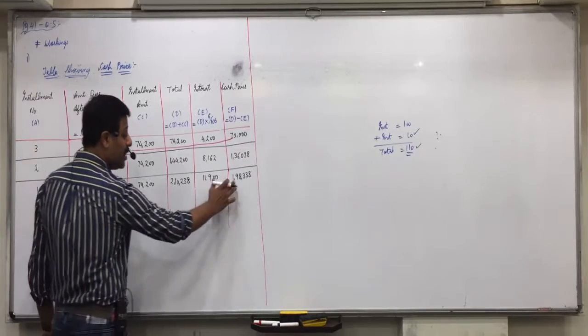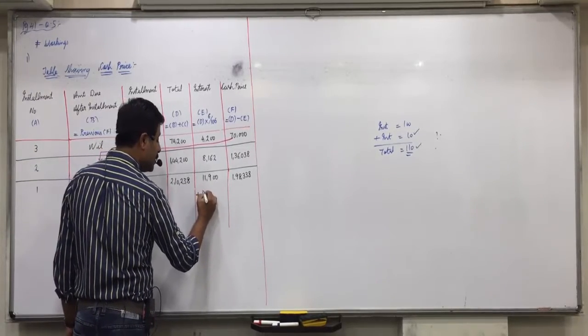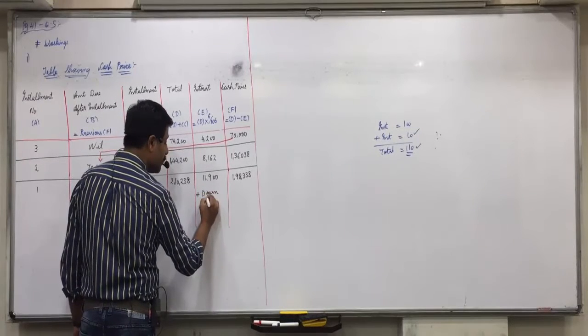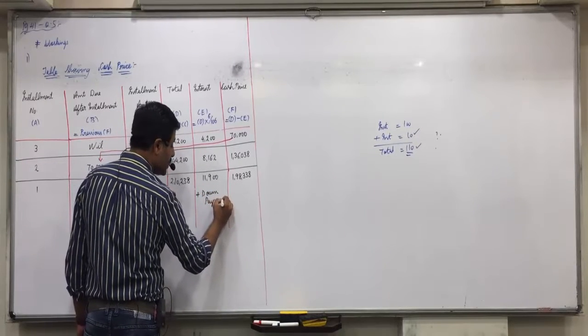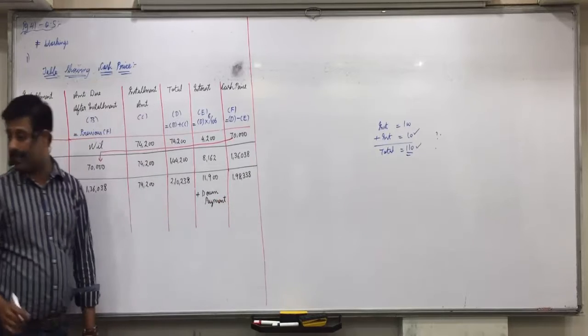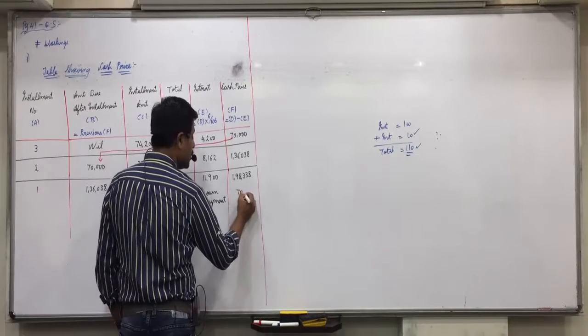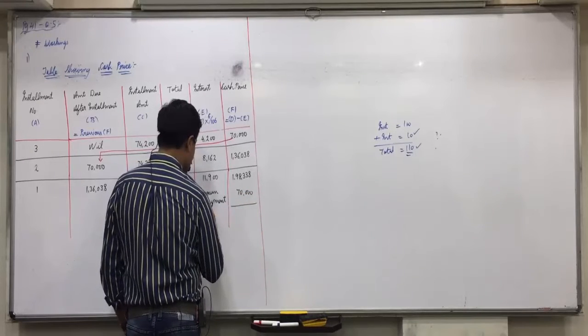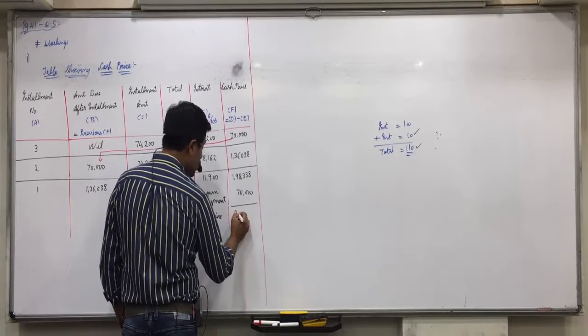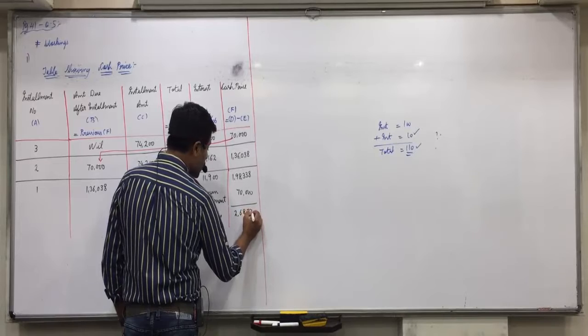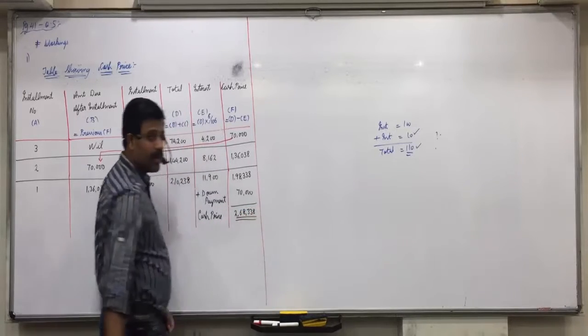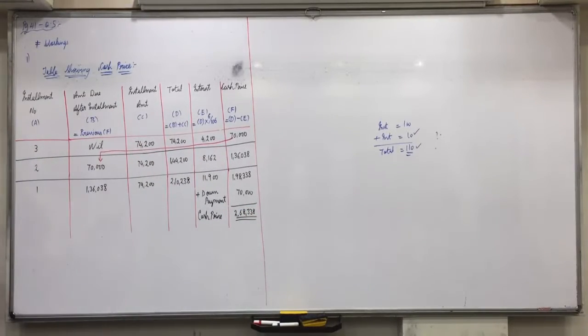So in this final amount, we have to add the down payment. Okay, what is the down payment given in the question? 70,000. Means what will be the cash price of the asset? 268,338. This is the cash price of the asset. Did everyone understand this? Anyone having any doubt in it?